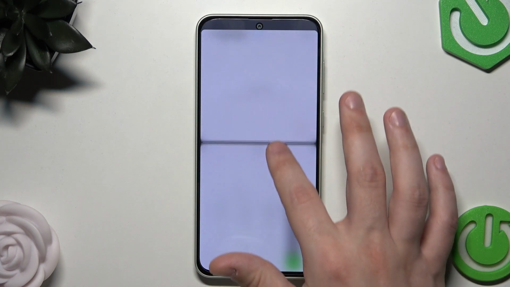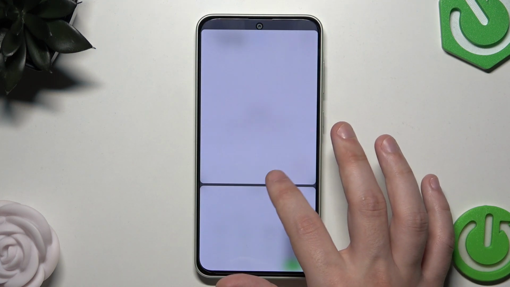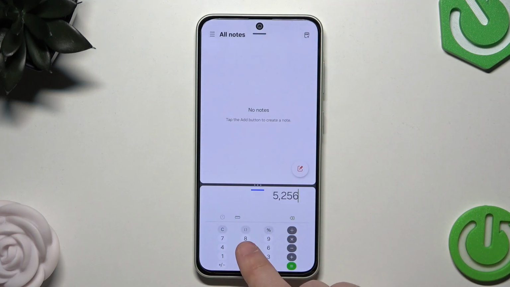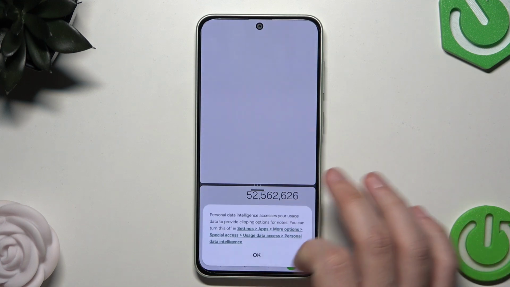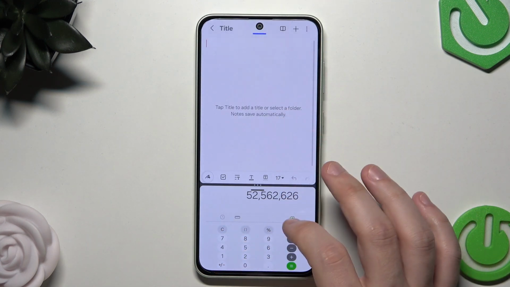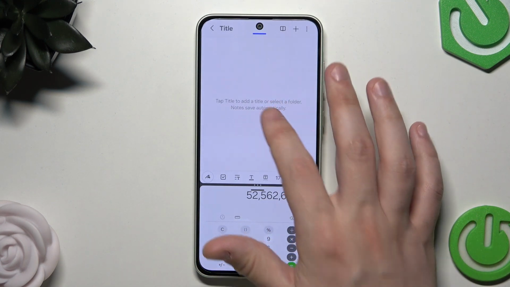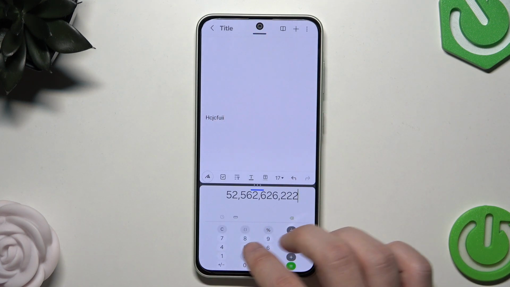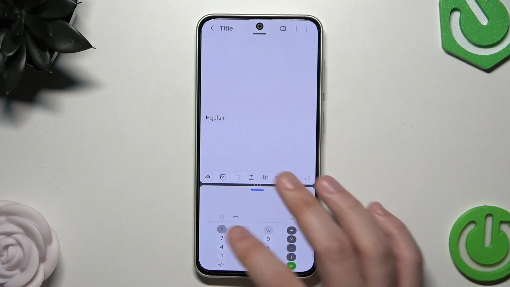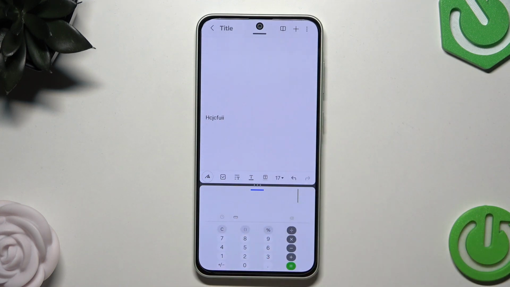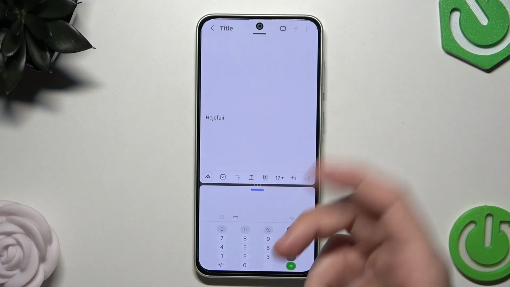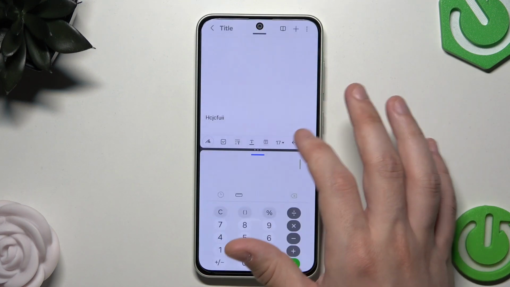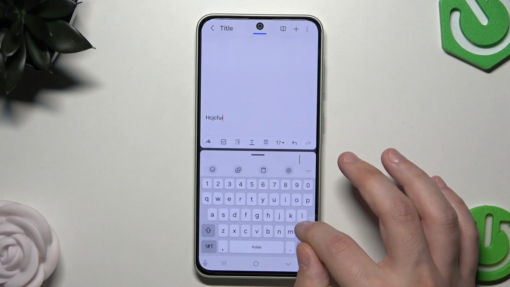So let's say I want notes a little bigger than the calculator, and as you can see, it works pretty nice. So let's say I want to have notes and count something each time, and it's convenient because I don't need to switch between those apps, maximize the screen or minimize it. I can just open both of them at the same time, and if I want to type